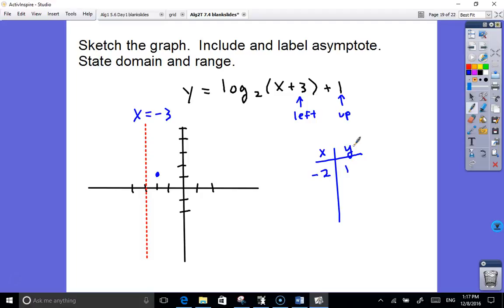Does that look right? Left 2, up 1. Okay, that's good. And then if you want to find another one,